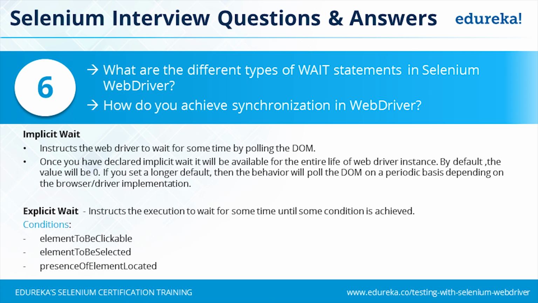By default, the value of implicit wait is 0. So if you don't state any timeout, that means though you have declared an implicit wait, by default it will just act as no wait because the default value is 0. So you need to change this default value. You need to provide a particular value so that your Selenium WebDriver would wait for that certain amount of time. With today's world applications, 10 seconds to 30 seconds is a very good timeout for implicit wait, because you can expect your answer from the server within 30 seconds.